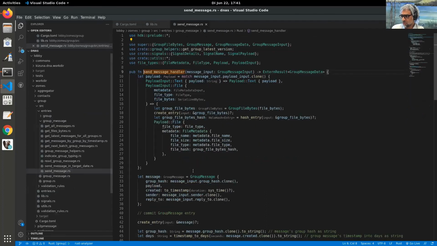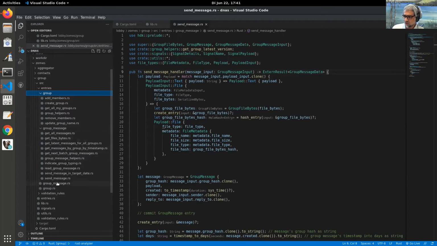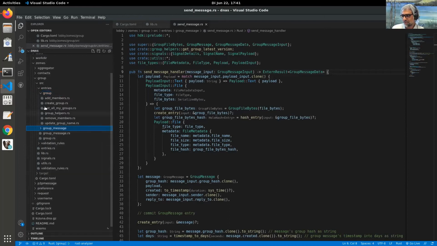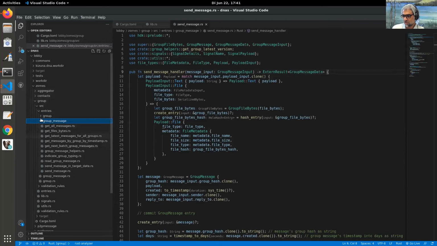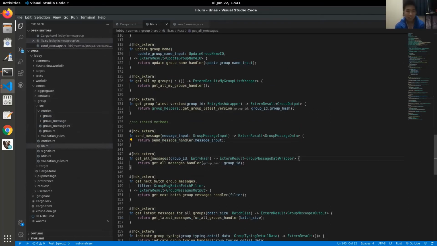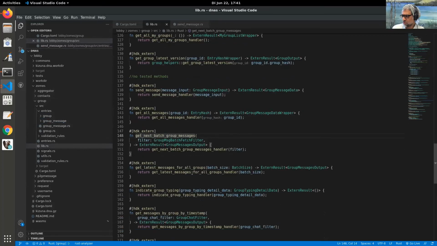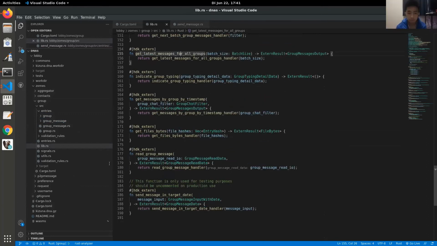So here, oh, group message is here. It is all about the group. It means adding, creating, and so on, and it is about messaging the group. Thank you. Wow, I love this. I love this modularity you implemented. It's really easy and sweet to read the code in this way. Thank you. Yeah, thank you. So get batch group, on group, get bytes, read group, that's it. And here,